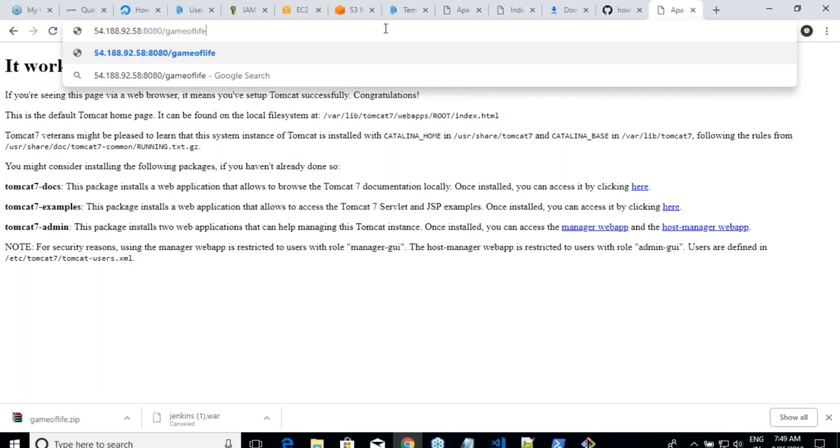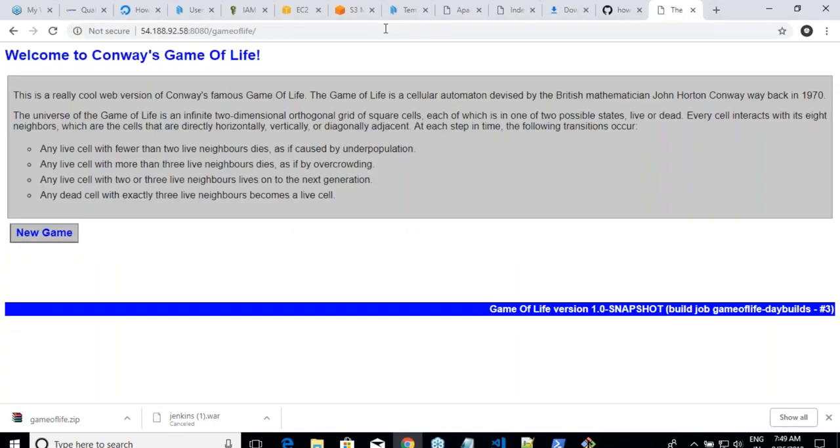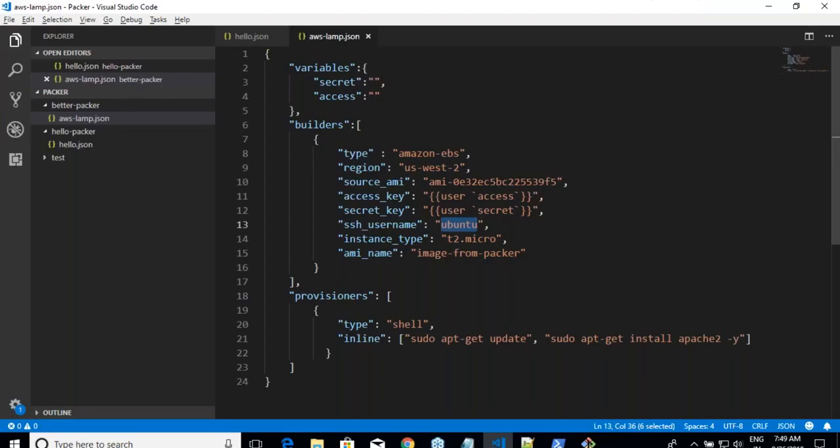Okay, let us assume this is our application, and now I am trying to build a Packer image for this game of life. Shall we try this? We have the manual steps, right? Now I have to write all of this in the scripting format. What I'll quickly do is, for the people who have been asking questions, let me finish this and I'll take all of your questions. Today I don't have a cloud class after this, so I can spend some more time with you guys.